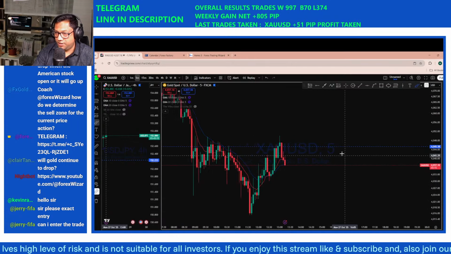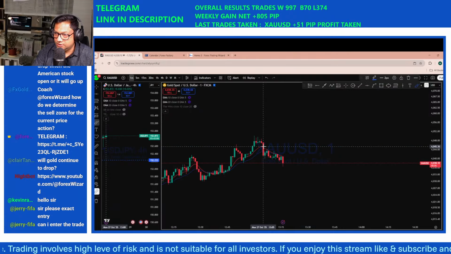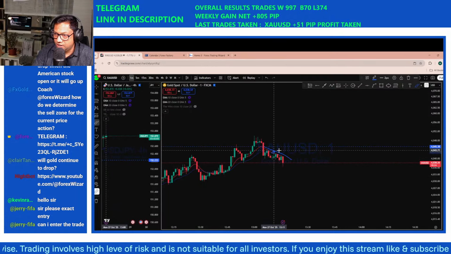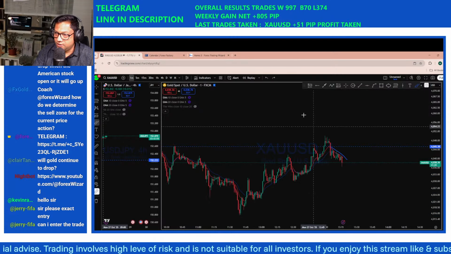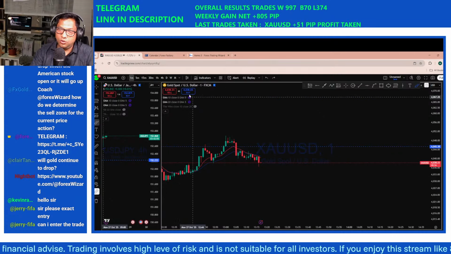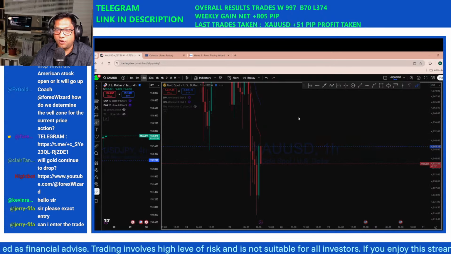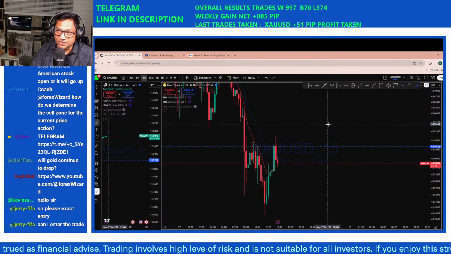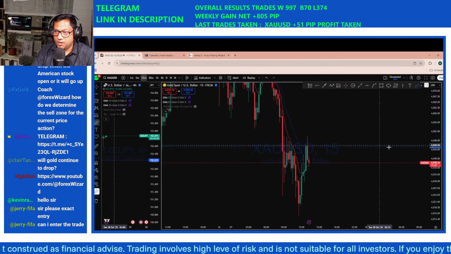So basically it failed to create a new higher high here, and the market may continue to trend as there is a rejection from this higher price. We could see the market coming back here to this support level to create a new lower low in this market. So we'll be waiting for further confirmation as there is a sentiment change. We might see little